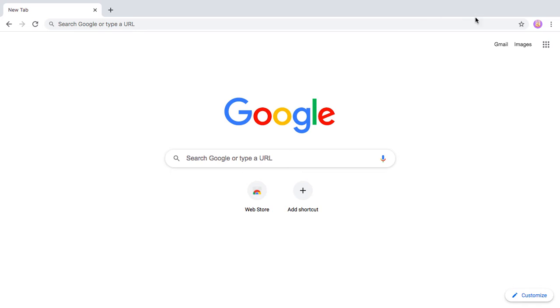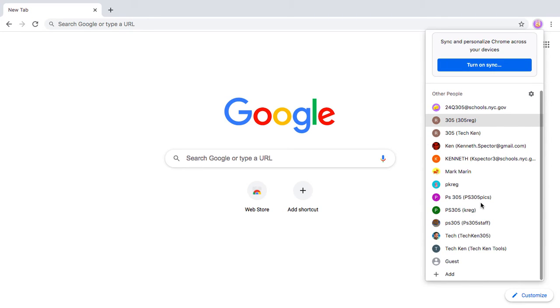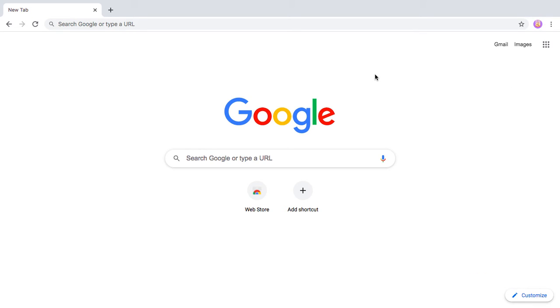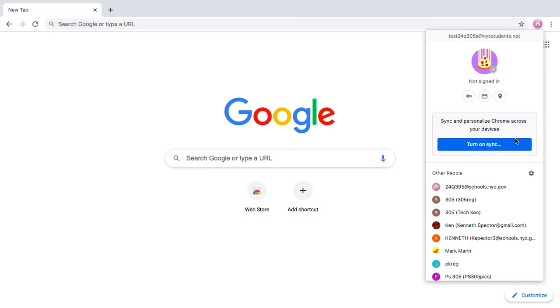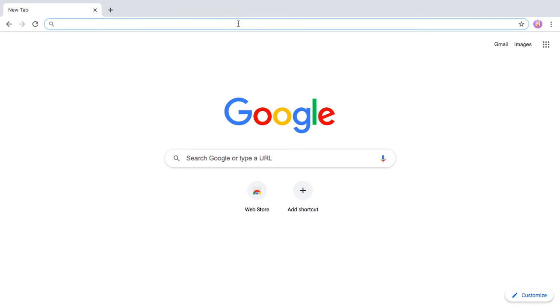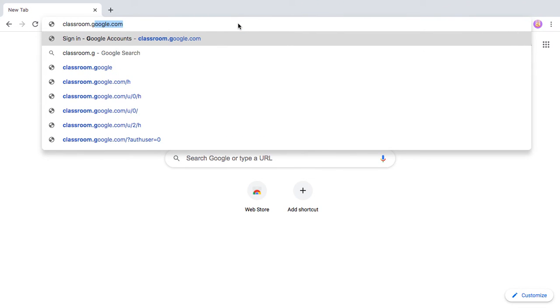Okay. Now if you look up here in the corner, you have whatever you picked, and it will be on the list. It's not on the list right now because I'm using it. But now I added it to my giant list, so I never have to type all that again after I do this. I'm going to type classroom.google.com.